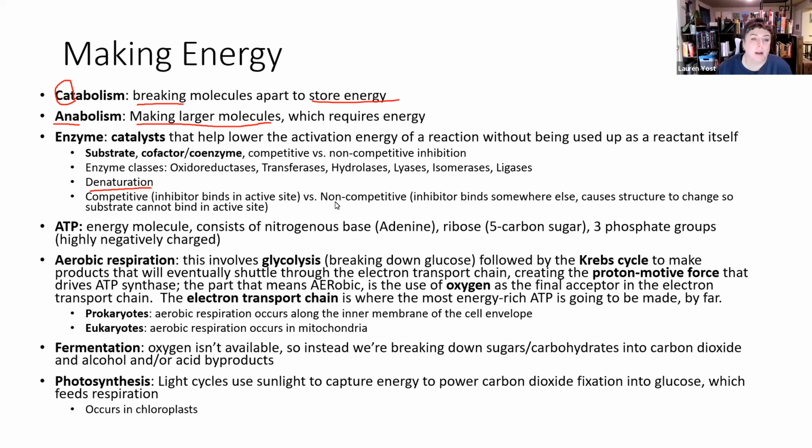All right, so back to competitive and non-competitive inhibition on how we're going to control the function of these. So if you want to destroy the ability of a cell to function, you might denature the proteins in that cell in order to kill bacteria or something. You can do that with heat pretty easily. And we'll talk about that in Unit 3 a little bit. But yeah, so denaturation is an effective way of controlling protein function, but the cell usually doesn't control it that way. The cell usually controls it through competitive or non-competitive inhibition.